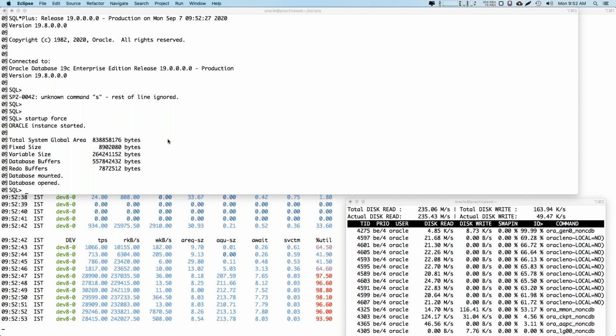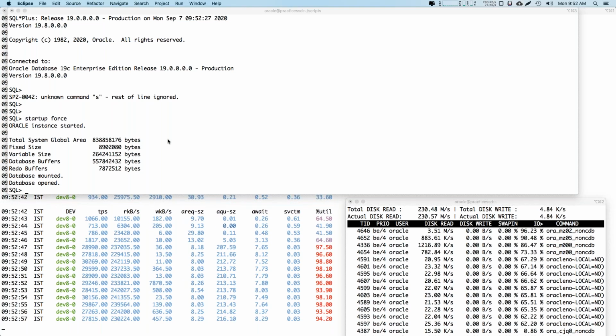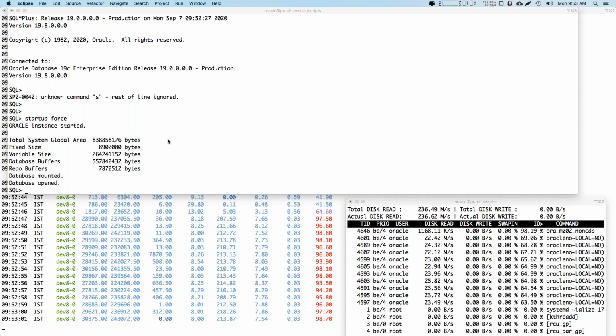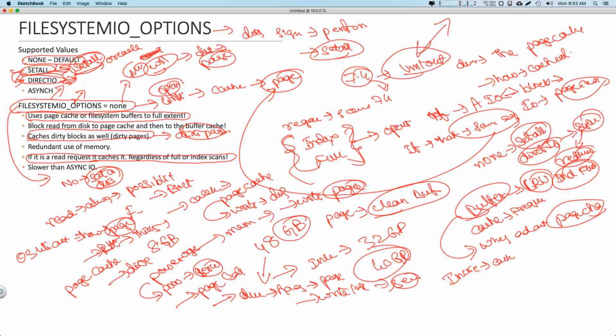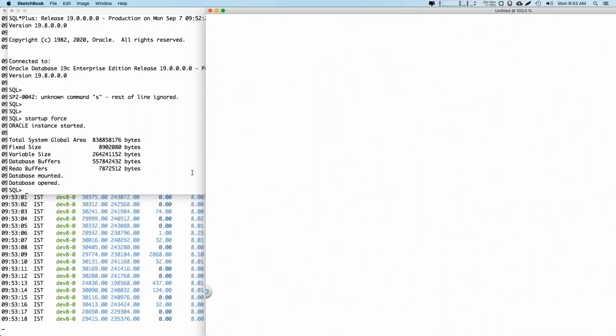Because you are not relying on the page cache anymore and you are reading the data from the disk, your disk utilization will always be high. You are reading the data directly from the disk, not from the page cache. So when you are changing this particular parameter from none to set all,